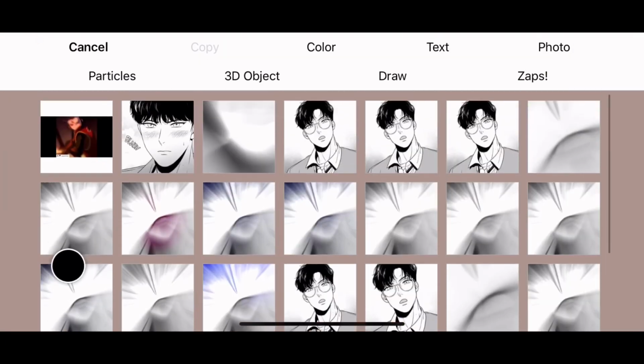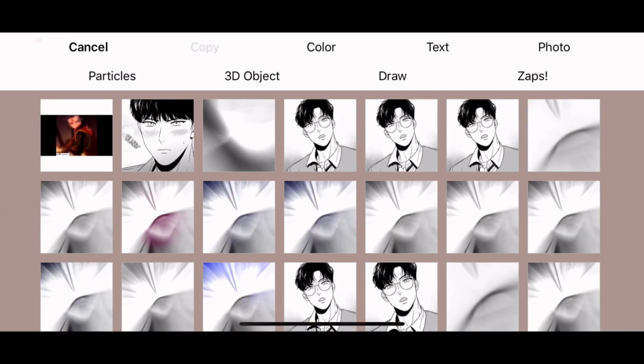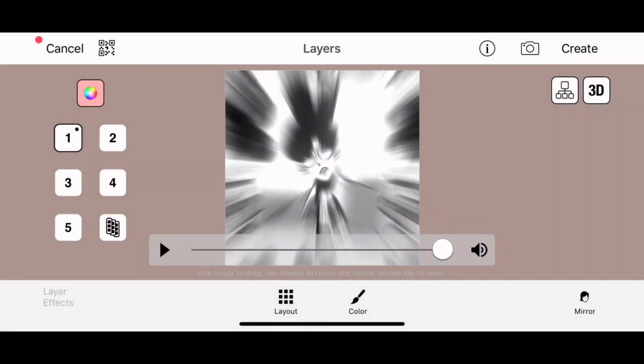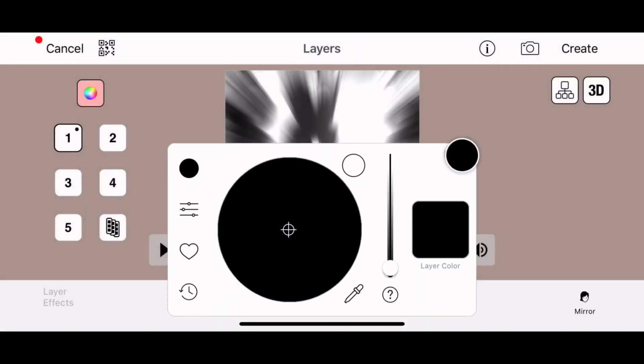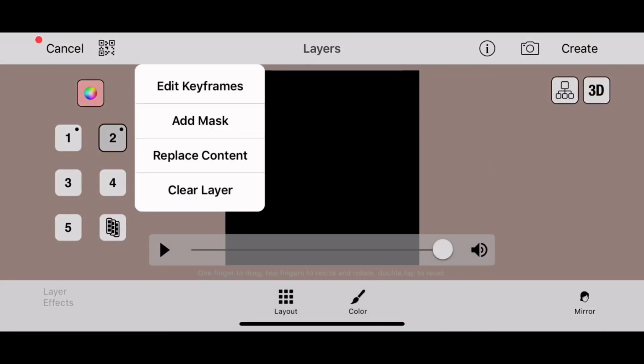I have my clip. Okay. So what I'm doing is just adding on a black fade, or rather a fade of any color or picture, whatever you want. So I'm gonna get my second layer,